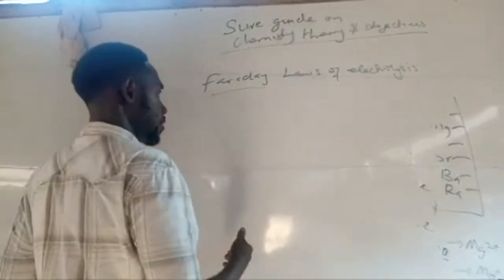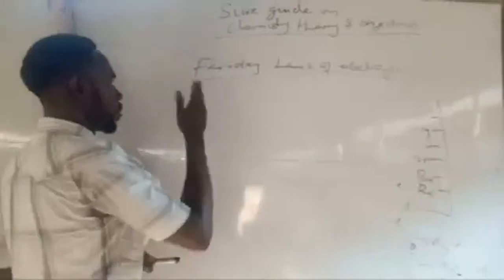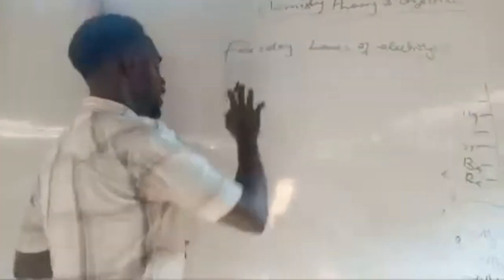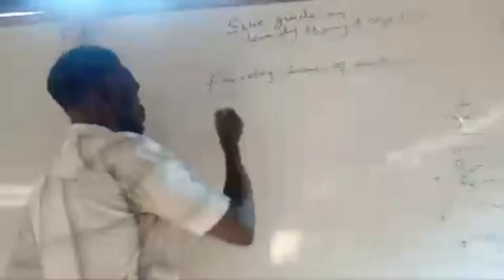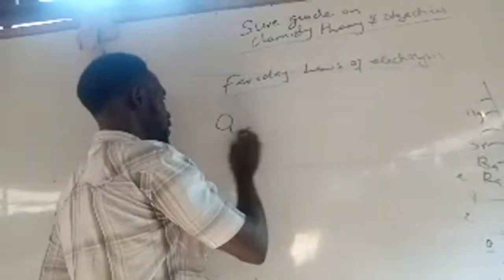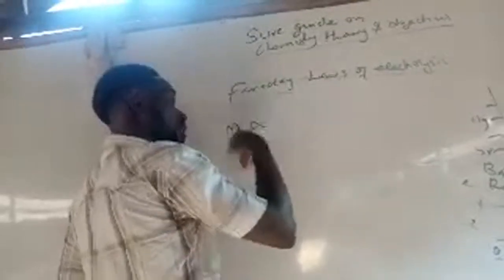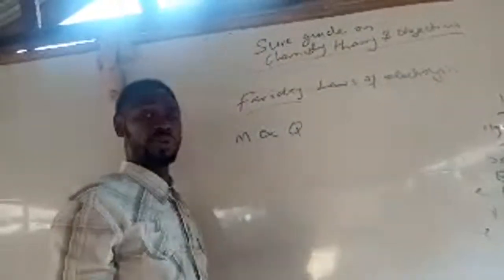It was Humphrey Davy that discovered potassium. He started with sodium and potassium. But this talented and focused man came up with a law. We have the first and second law. The first law is very simple: garbage in, garbage out. If your input is high, your output will also be high. I say that the mass of an element discharged is directly proportional to the quantity of electricity you supply. Simple. If you have more electricity, there will be more mass.